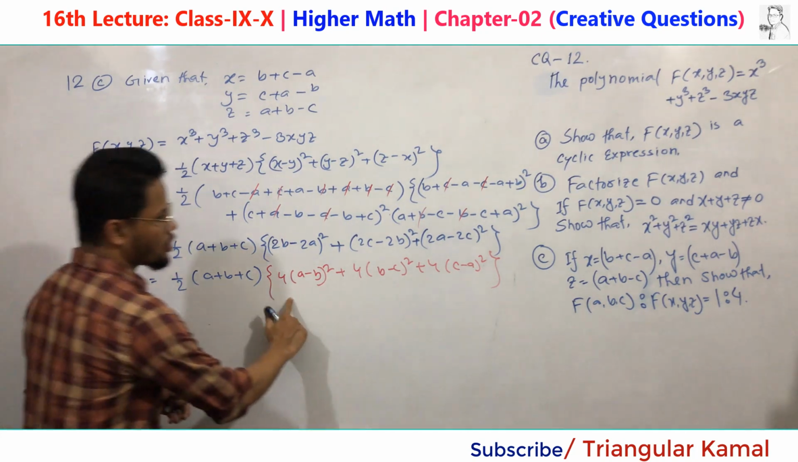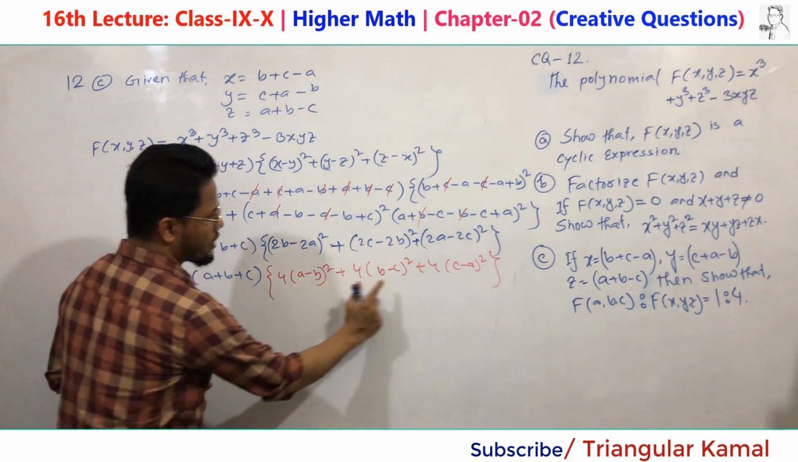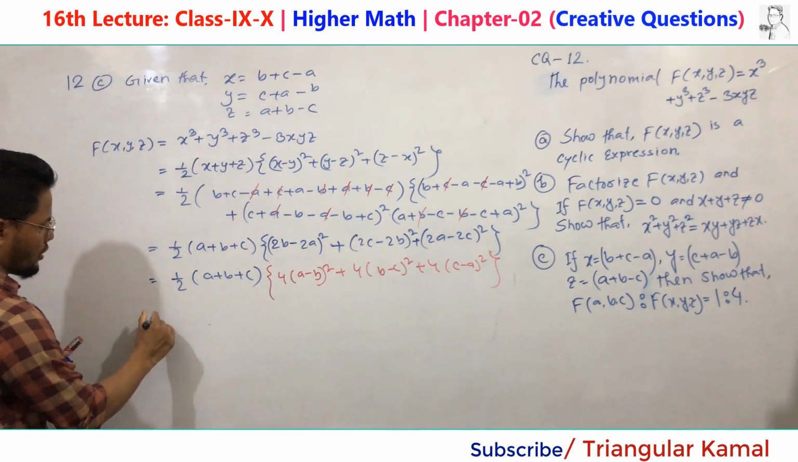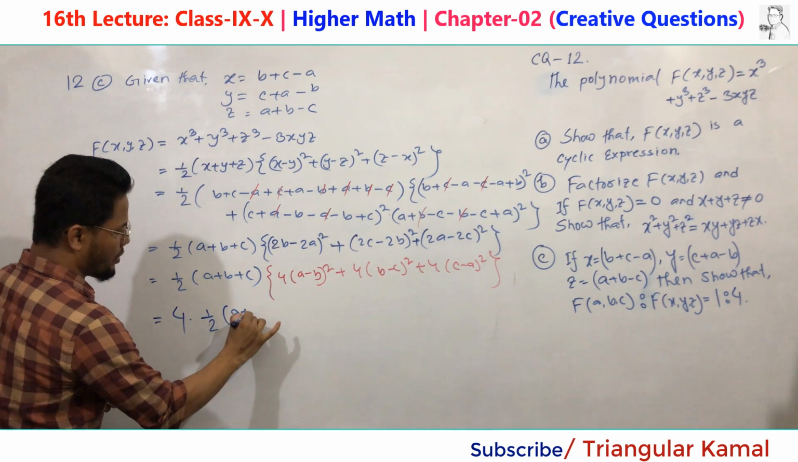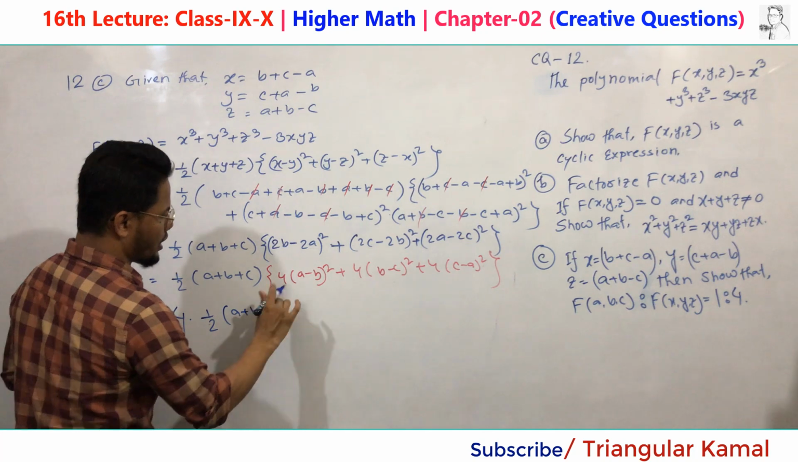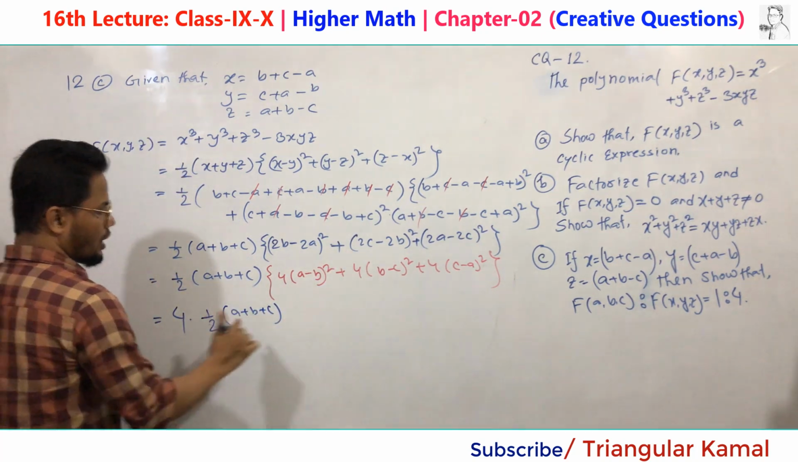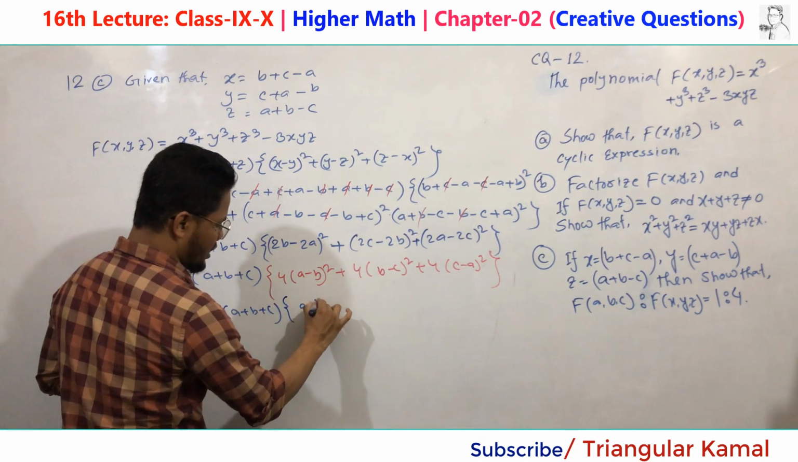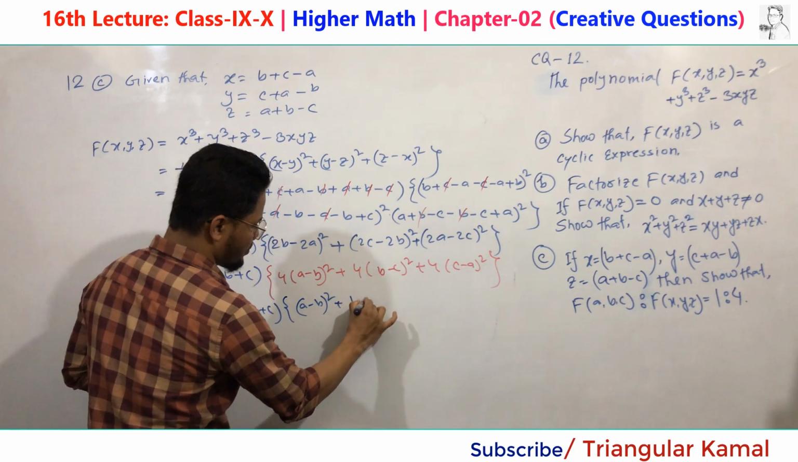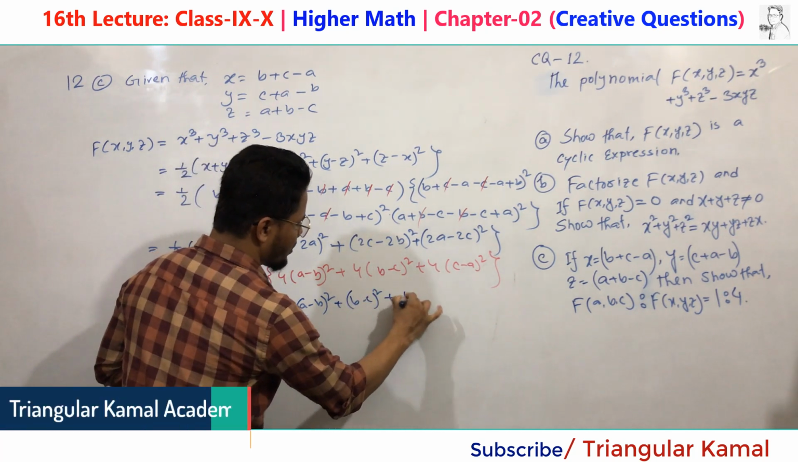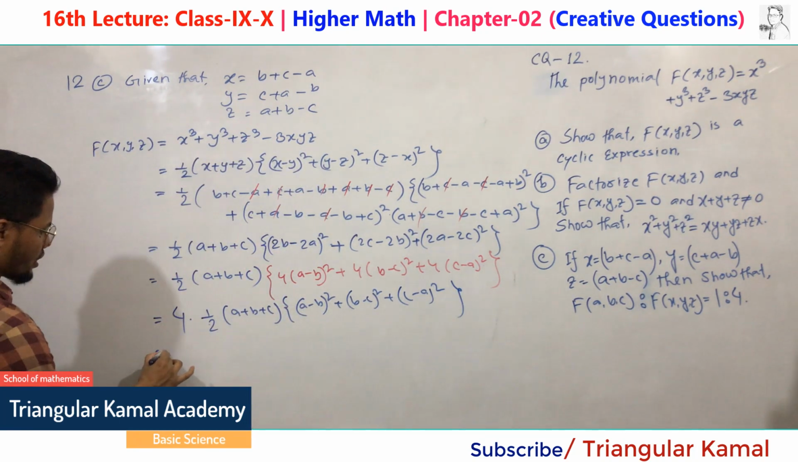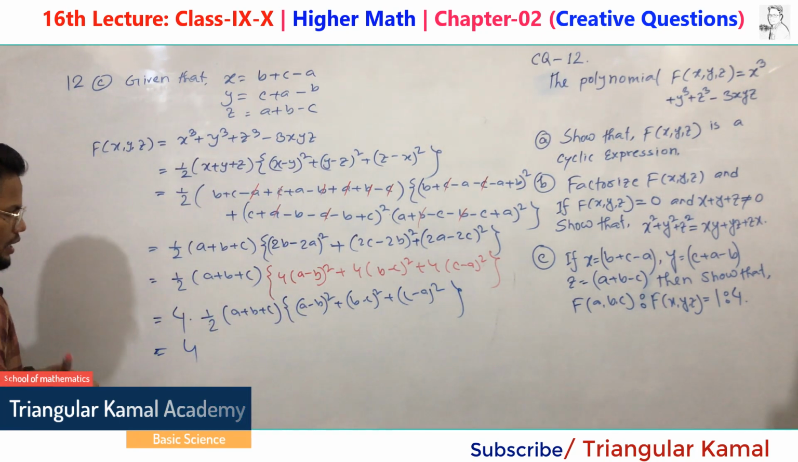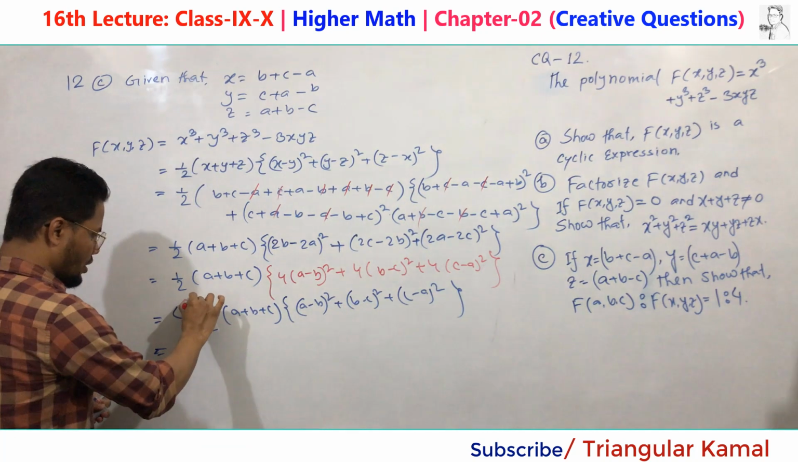Okay, now just take common 4 from the first, second, third part. So you can write here 4, and then have same a plus b plus c, and taking the 4 common, there will be now a minus b whole square plus b minus c whole square plus c minus a whole square, and finally this one will be 4. And from half to this one,